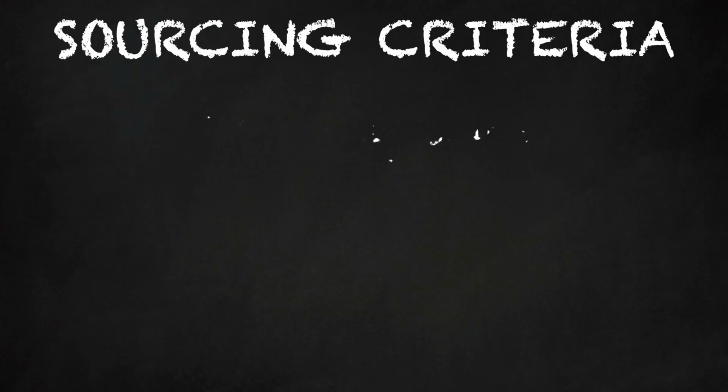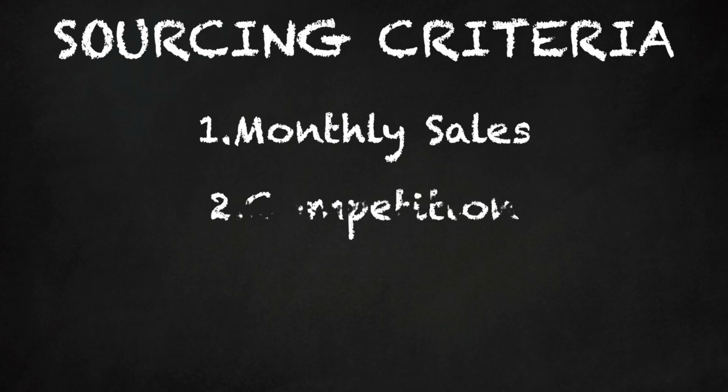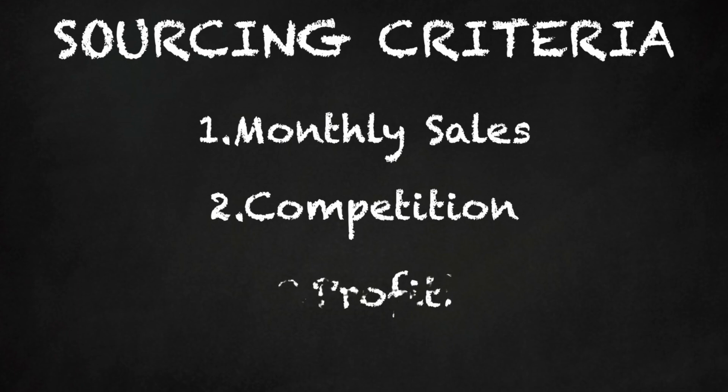Number 1 is going to be the amount of times the product is going to be selling during that month. Number 2 is the competition for the amount of sales per month on that product. So how many other FBA sellers are actually trying to sell the product that I'm trying to source. And then finally, number 3, of course, we cannot forget about the profit that you're actually going to be making